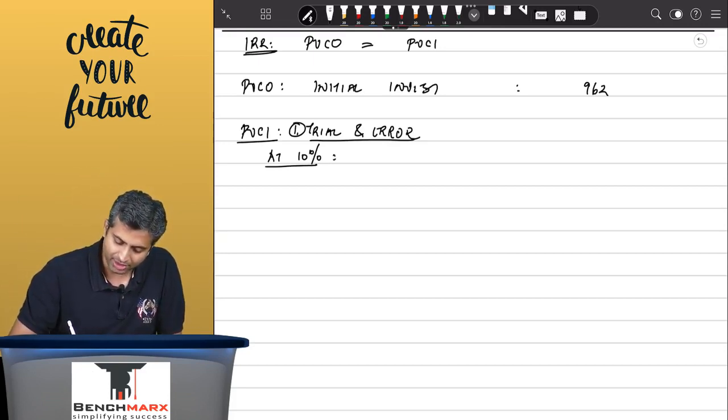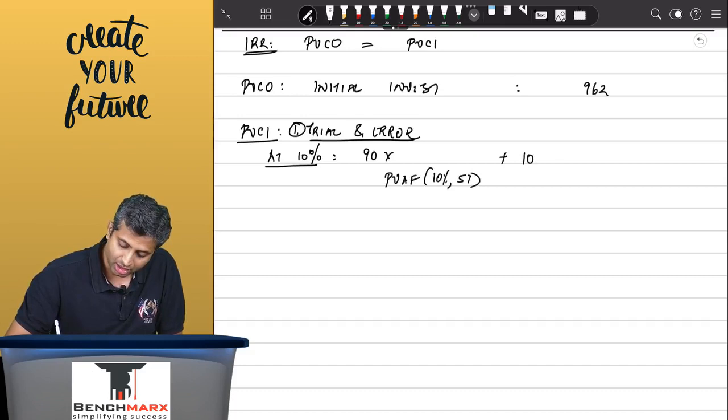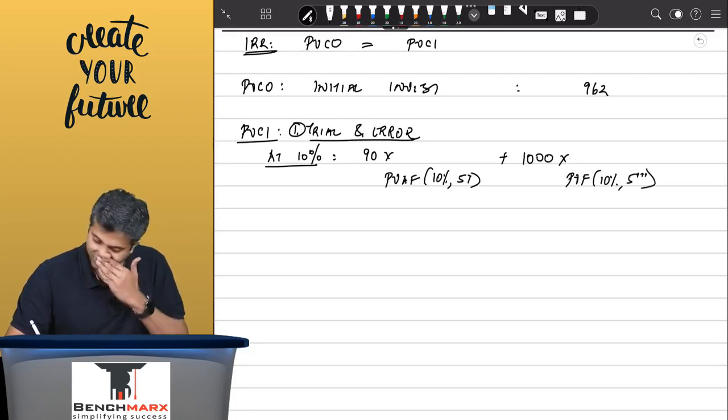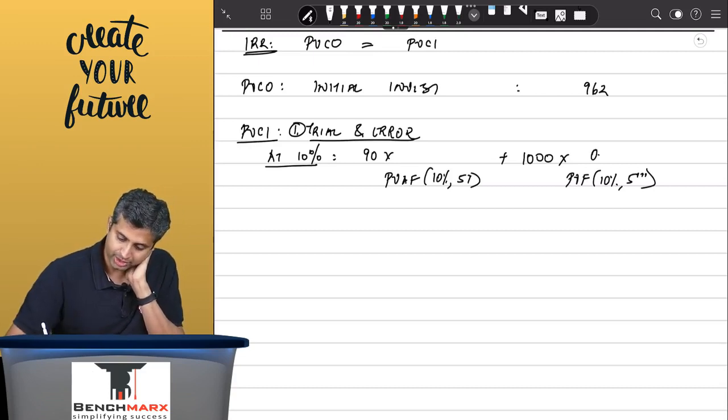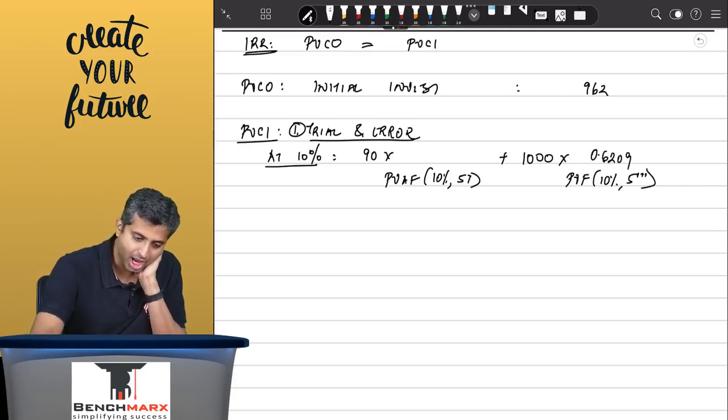In which case we will say PVCI is 90 into the present value annuity factor at the rate of 10% for a period of 5 years, plus 1000 into the present value factor at the rate of 10% for the 5th year. In which case over here this is 1 divided by 1.1, 1, 2, 3, 4, 5. This is 0.6209 and this is